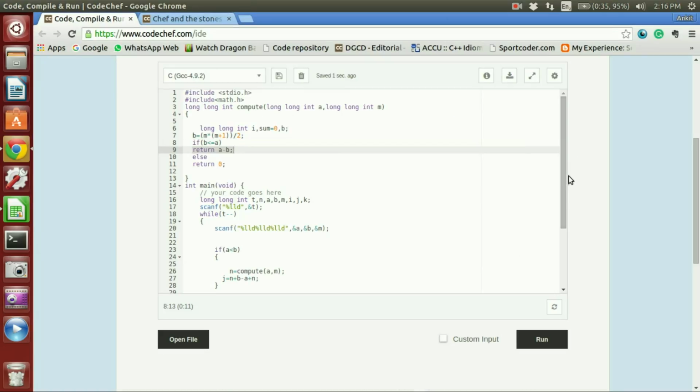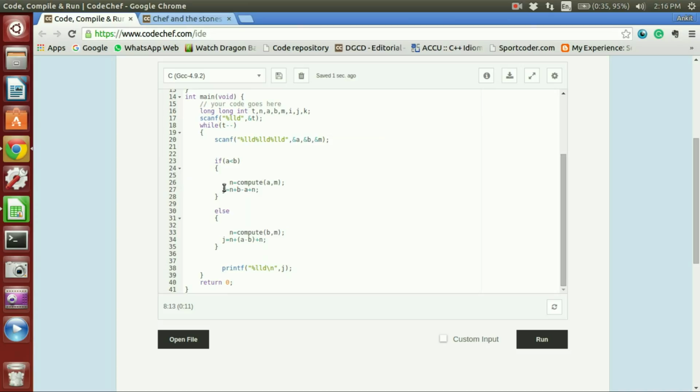And then in the main function we are calculating 2 into n plus the difference. The difference would be, as b is more than a, b minus a plus 2n, and here it would be 2n plus a minus b, and then we are just printing